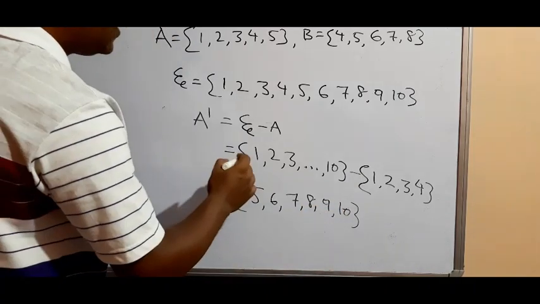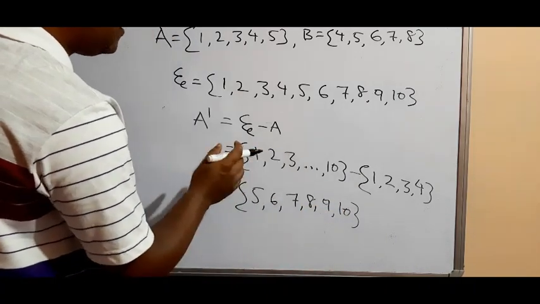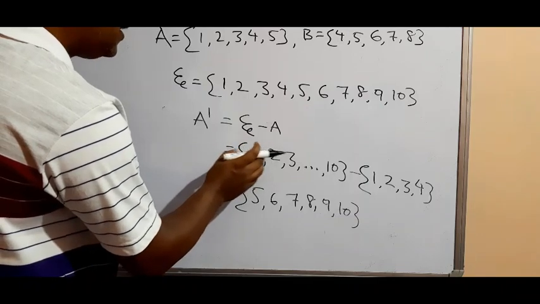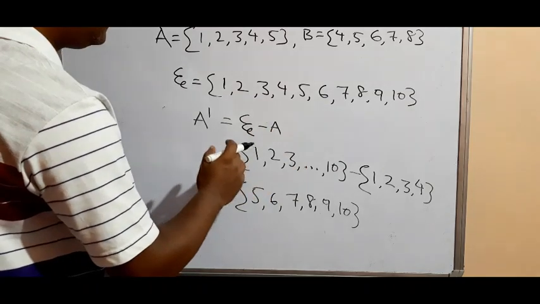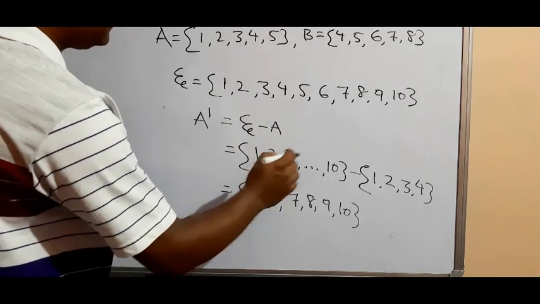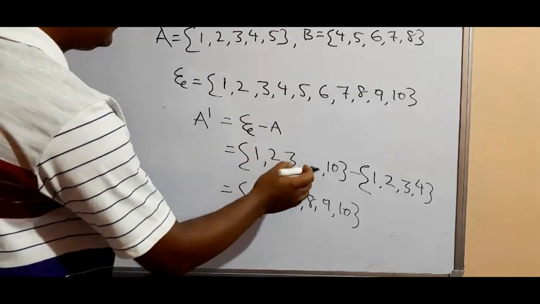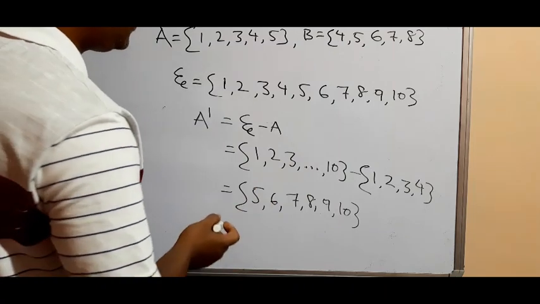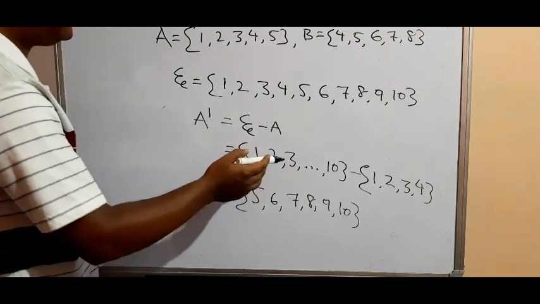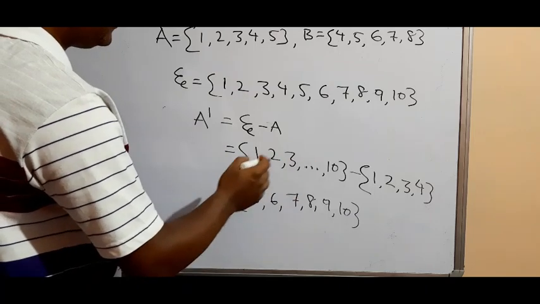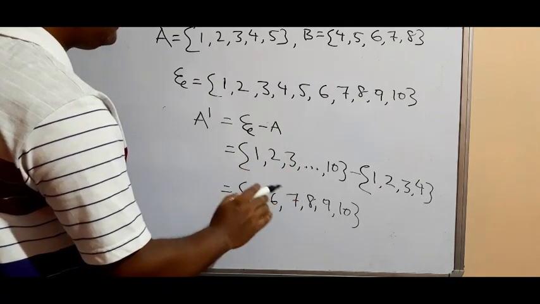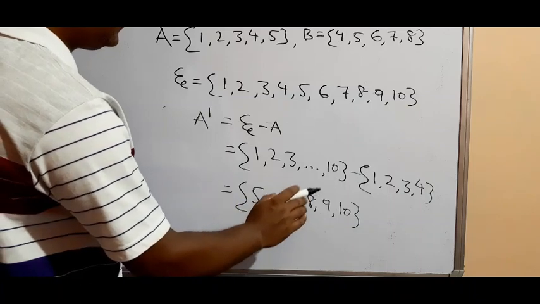Understood? If the numbers are given serially and continuously, or the difference between the numbers is the same, we can give the dot. If so many numbers are there, it is not required to write all the numbers. If the numbers are continuous, in between we can give the dot. So here, after the difference, the common elements we have to leave. So 1, 2, 3, 4 gone. So what is left? 5, 6, 7, 8, 9, 10.